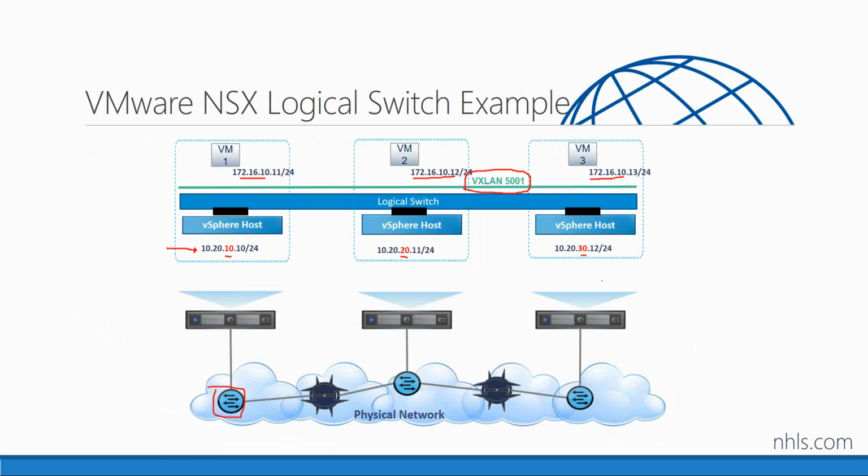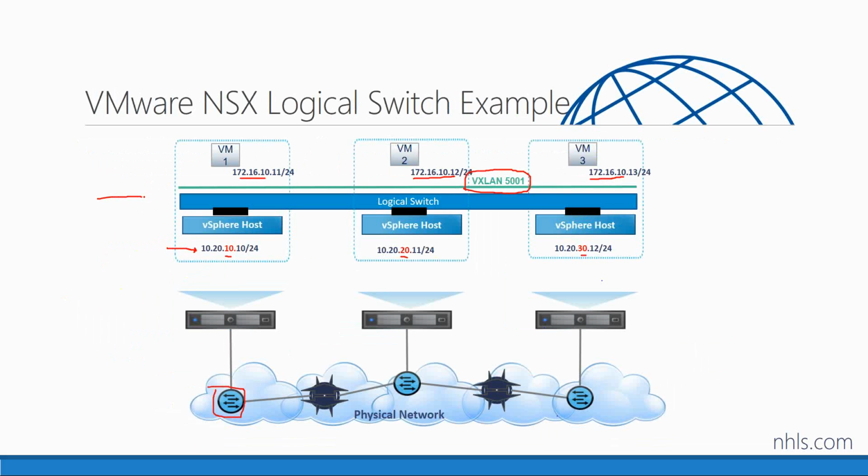In reality, those VMs are sitting on 3 different hosts at 3 different physical locations behind 3 different routers. They're physically sitting on different subnets. So how can 3 VMs on 3 different hosts and 3 different physical locations all be on the same layer 2 network? And no, I didn't put in a physical VLAN, and I did not stretch that VLAN across multiple locations because I didn't have to. Because one of the things that NSX does for us is allow us to create this idea of a VXLAN, a virtual LAN inside of NSX.